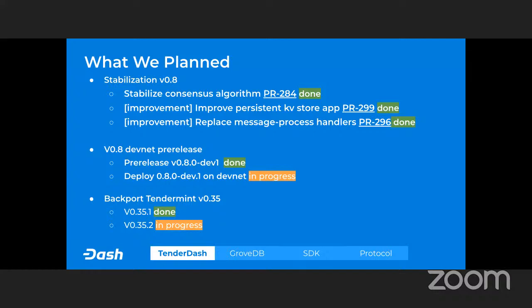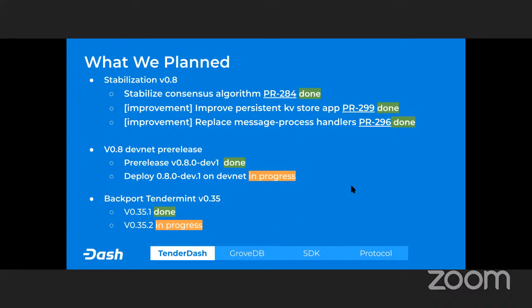We did all the tasks that we had in terms of stabilization of this version and this backport, and we created a pre-release version. Right now we are on the deployment and integration step, so we need to do some work together with the platform team to integrate and update the Drive and TenderDash integration.